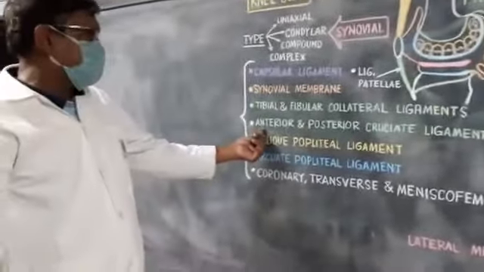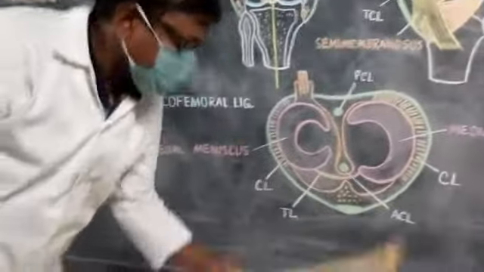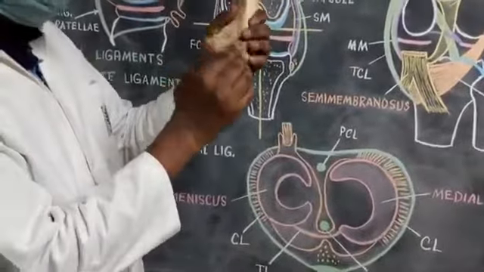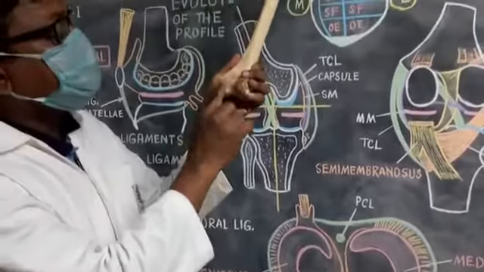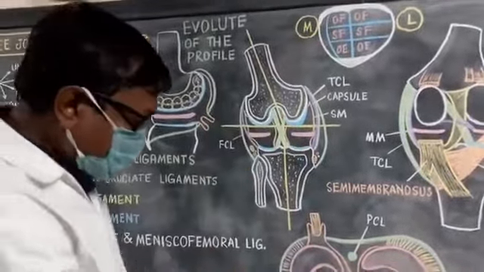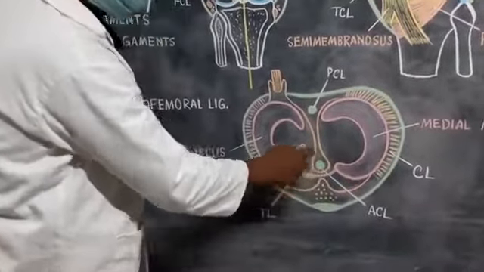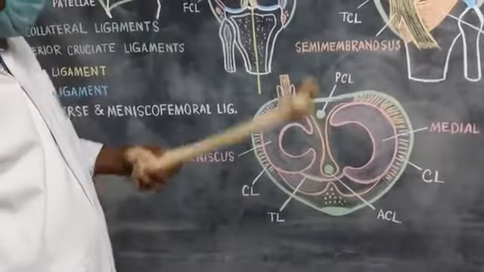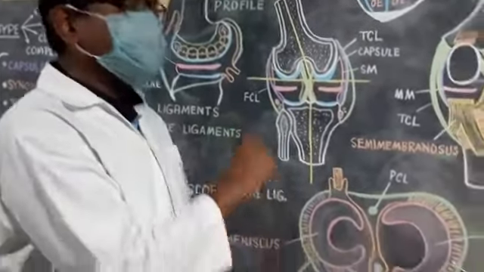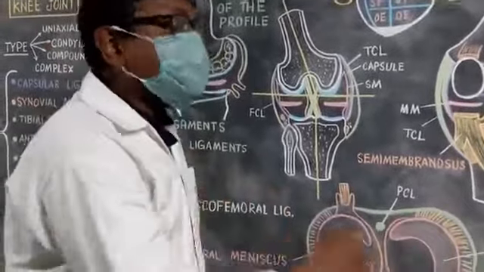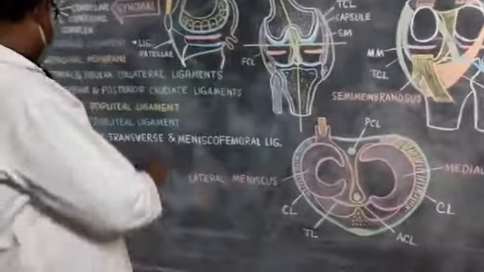Next are the anterior and posterior cruciate ligaments. The anterior cruciate ligament, above, is attached to the posterior superior part of the lateral wall of the intercondylar fossa of the femur. Below, it attaches to the anterior part of the intercondylar area of the tibia. This anterior cruciate ligament is stretched during extension and prevents forward dislocation of the tibial condyles,